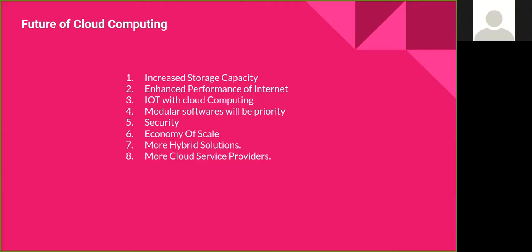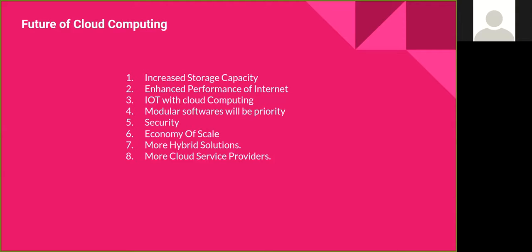Security is the most important thing here, because since we are running cloud with the help of the internet, it faces all kinds of vulnerabilities. So we want a secure connection with the cloud service provider. Now, the most important thing is economy of scale. As of now, the cloud service providers are charging huge money. In future, we want this money to come down so that normal companies and organizations can afford the benefits of cloud computing and leverage it to deploy their applications in a scalable way.